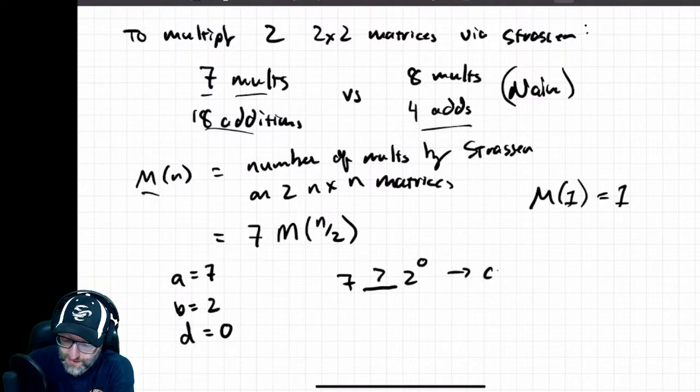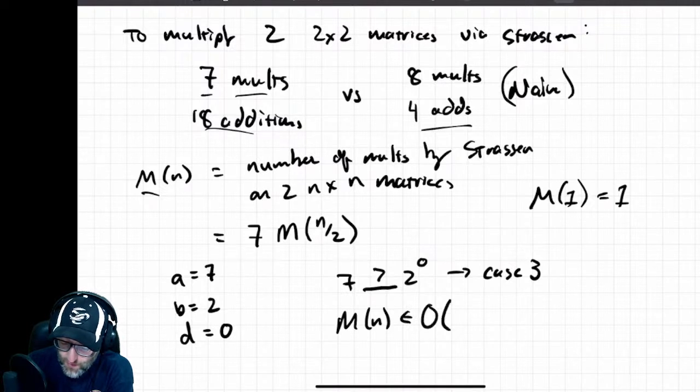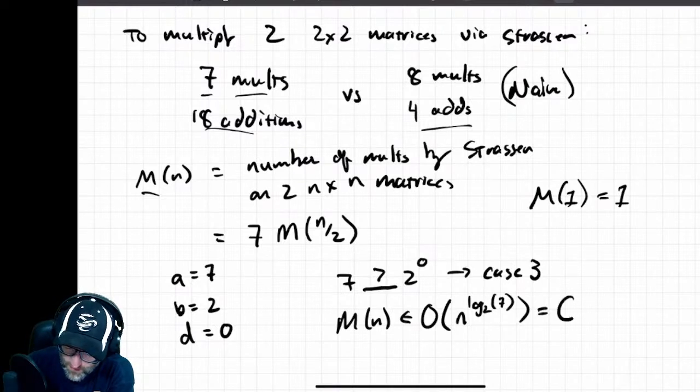So case 3 applies, the exact same case as we used before with Karatsuba multiplication, and the number of multiplications that Strassen ends up doing is going to be order n to the log base 2 of 7, which is roughly order n to the 2 point,